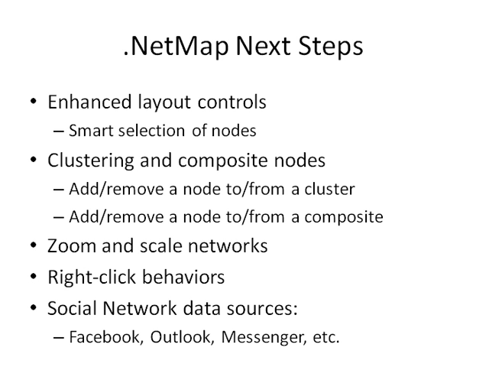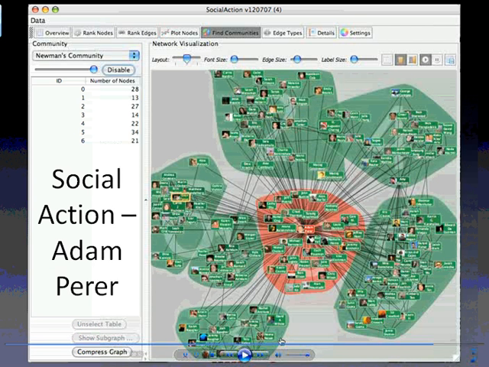We will do that in part to realize a different feature, which is zooming and scaling the graph, being able to zoom into detail and making the graph much larger than the size of the screen. Those are features that we do not yet have. They will come at relatively low cost when we move to WPF. We have actually already implemented right-click behaviors, so some of these things are already being overtaken by our developer, who's remarkably productive. So let me just show you an image of a related project.